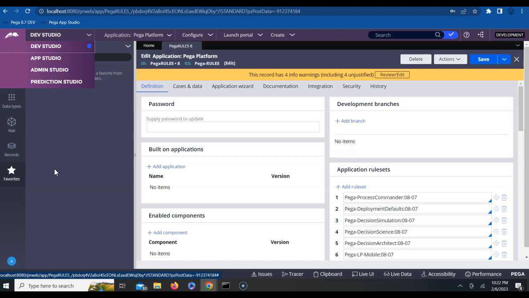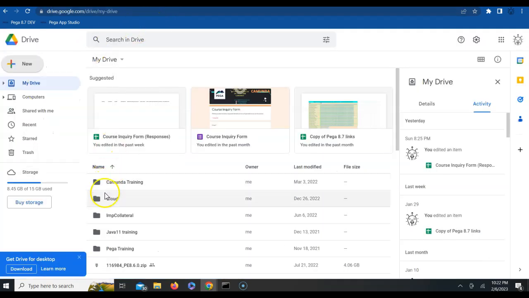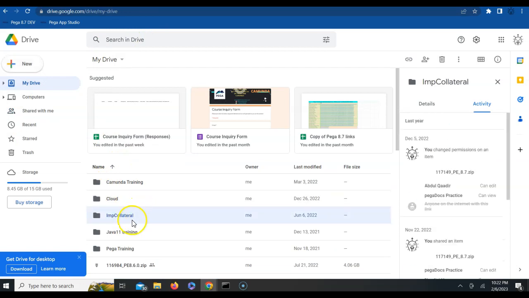For tomorrow's class, I want you guys to download the software which is needed to build this application, right? You have to download it and have it ready in your systems. I'll be sharing that software within the group right now, so you guys can access it and